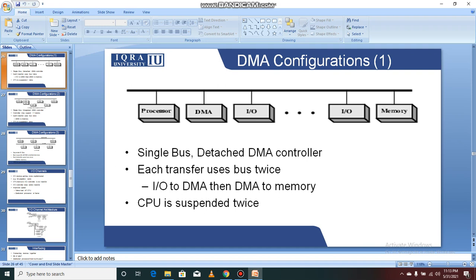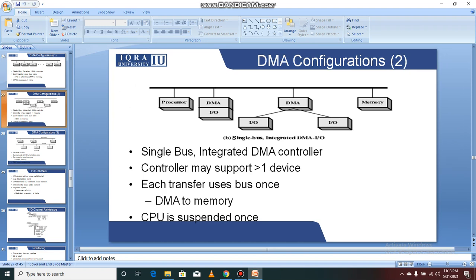Single bus, detached DMA controller. Each transfer uses the bus twice, input output to DMA, then DMA to memory. The CPU is suspended twice. Then DMA configuration number 2. There is the processor, then DMA and input output, then input output and DMA, and then